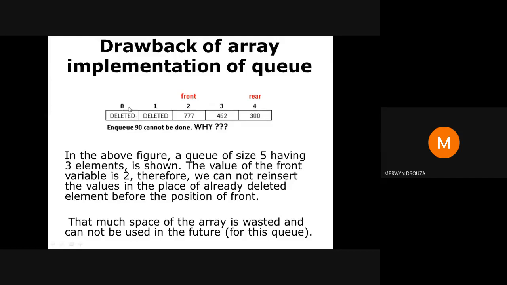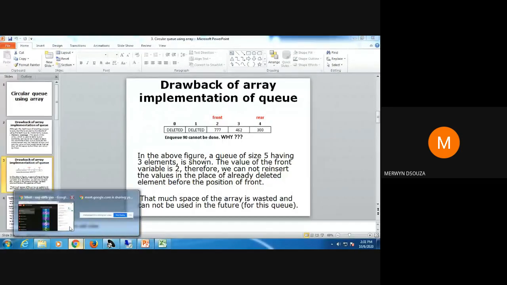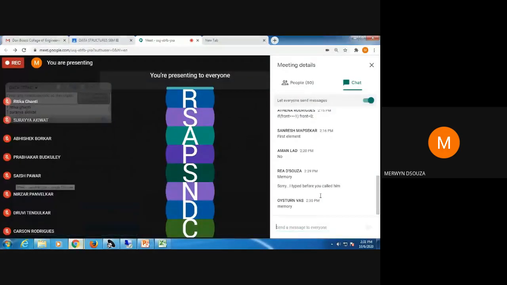So I could have stored some value in index 0 or 1, but the present logic of the linear queue does not allow me to go back from this index to index 0. That's why I was not able to store any values here, although I had space in the array. We had already discussed this when we were studying linear arrays.